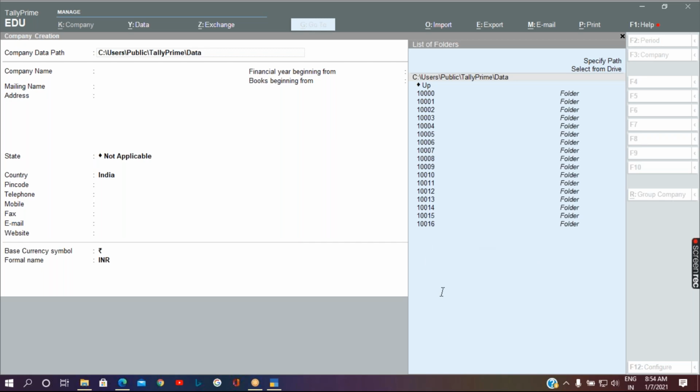In case you want to move to the previous option, either use the Backspace key or use the arrow keys.